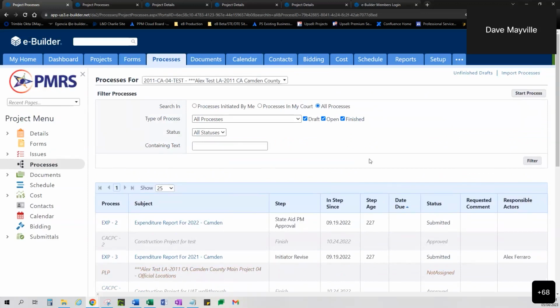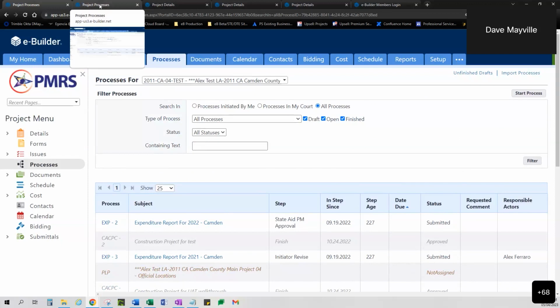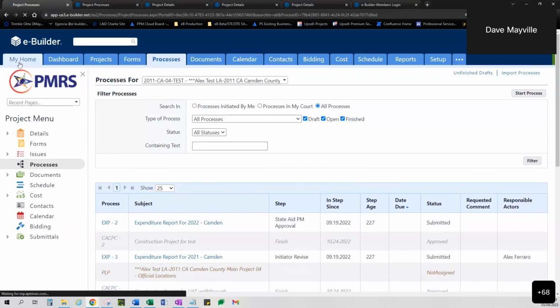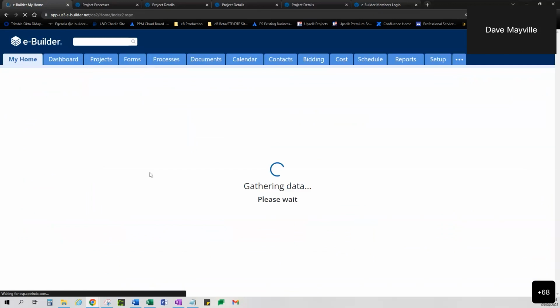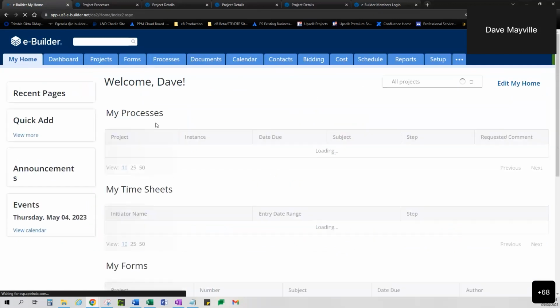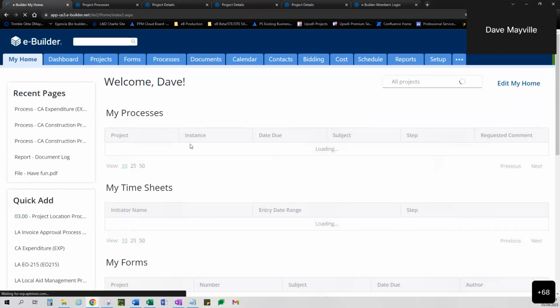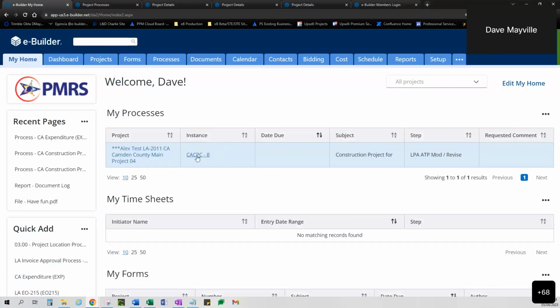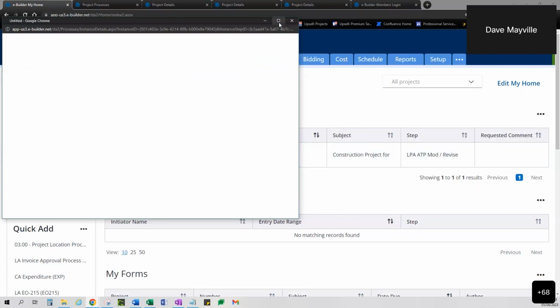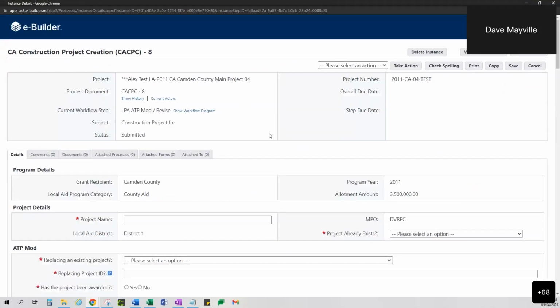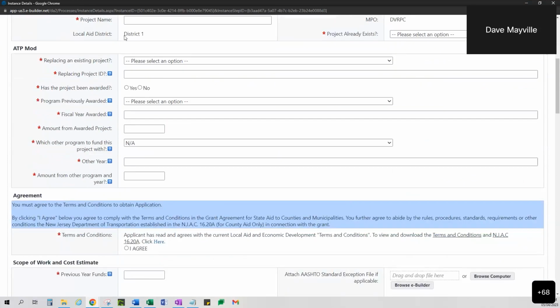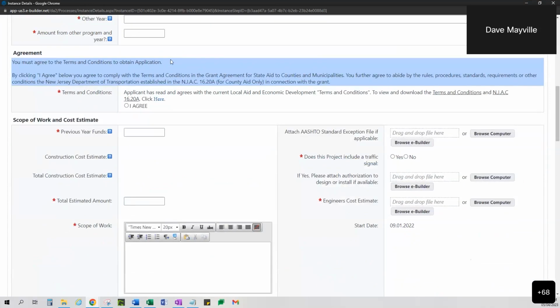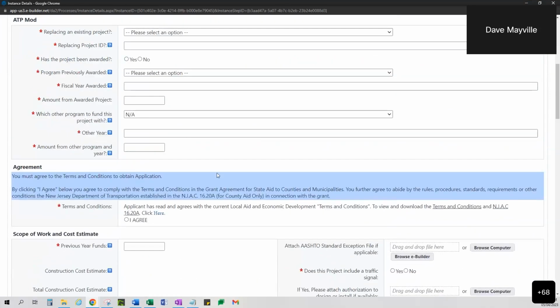Let's talk about documents in processes here. Let's say I need to upload a document. We'll say I'm this user. This process is in my court. So I'm going to click into this process, into this step, and I'm supposed to fill out all of this information. Now, when it comes to documents,